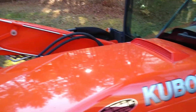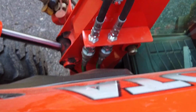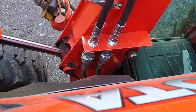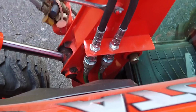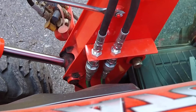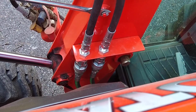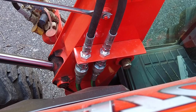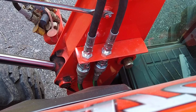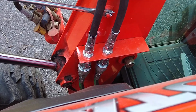I'm on the left side of the tractor. And you can see where they come up on that side to a bulkhead. Again, they're just the regular 1/2-inch Pioneer type ag couplers. I bought bulkhead fittings. That piece of angle steel I didn't have to buy. That was a piece of angle that came with the tree puller. That's the crate that it was packaged up in. So I got quite a bit of 2-inch angle steel